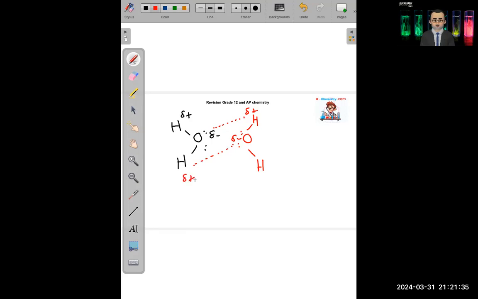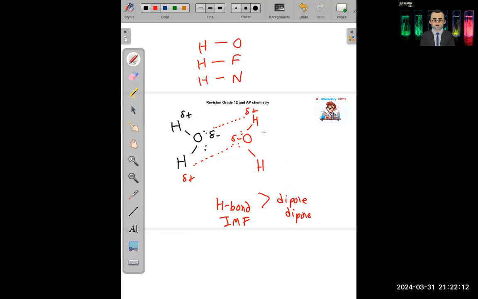In the hydrogen bond, the positive is attached to the negative, negative is attached to the positive, same as the dipole. The only difference is the polarity is very strong here because of the presence of the oxygen atom, and oxygen, fluorine and nitrogen are very electronegative atoms, so the difference between them and the hydrogen is very high. That's why this type of dipole is a very strong interaction. That's why it's much stronger than the dipole. So the strength of the hydrogen bond, intermolecular force of attraction, is stronger than the normal dipole, which has no